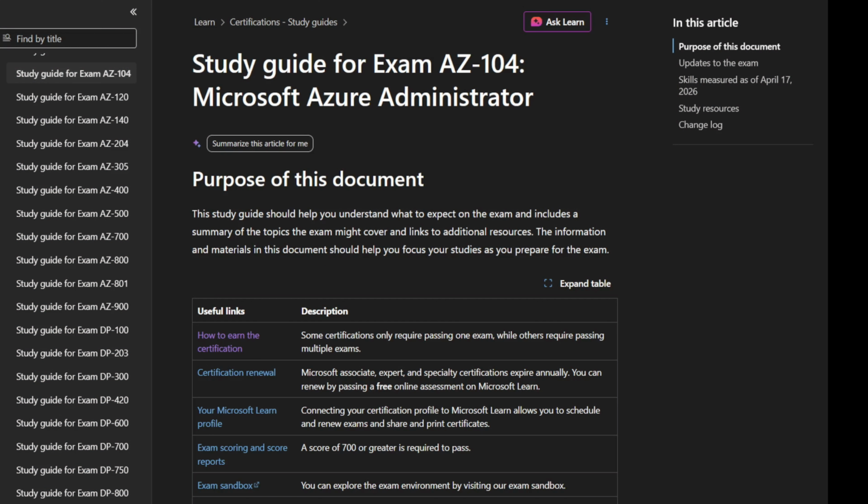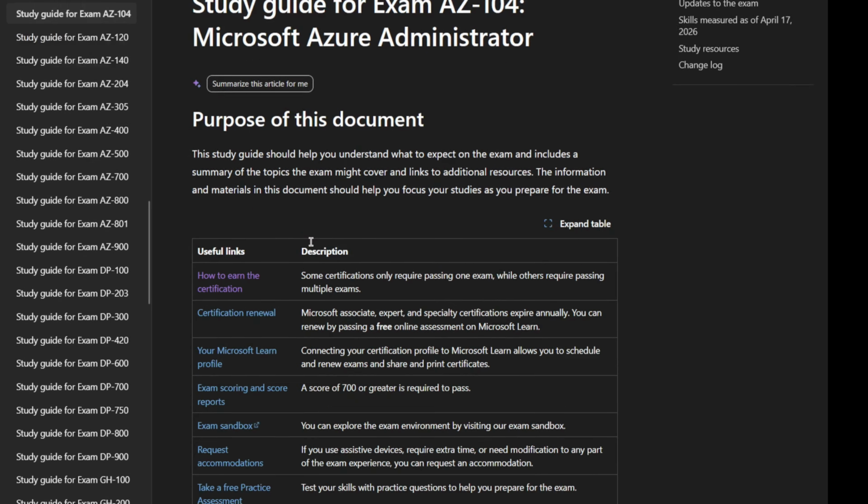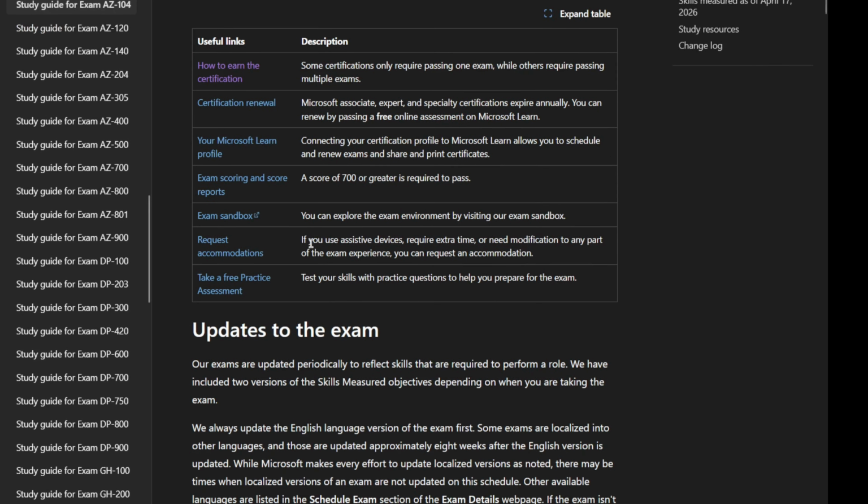You can read about RBAC, subscriptions, VNets, NSGs, storage accounts, backup, monitoring and compute all you want. You can recognize all those items, right? You can feel like you know the platform, but then the exam asks you something slightly more situational. Suddenly you realize recognition is not the same thing as understanding.